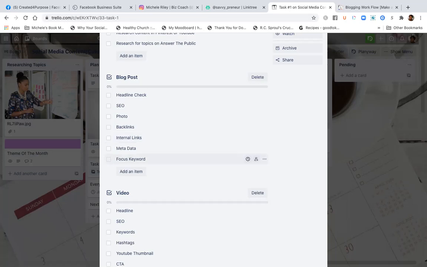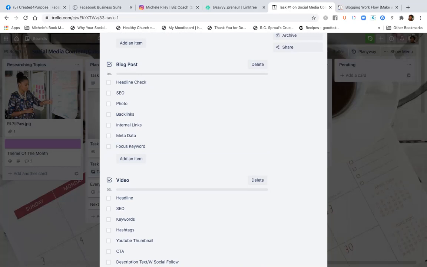Then you want to make sure of the focus keywords. Especially when using WordPress, you have to have a focus keyword in order to really optimize your blog post to be found. So you want to make sure that those things are in place, because you don't want to get a low SEO score. Just creating a blog post and saying, well, I did it, it's done, doesn't mean anything. You want to make sure your content can be found by those who are searching for it. So these are important. As I do that, I'll come in here and check all those things off.